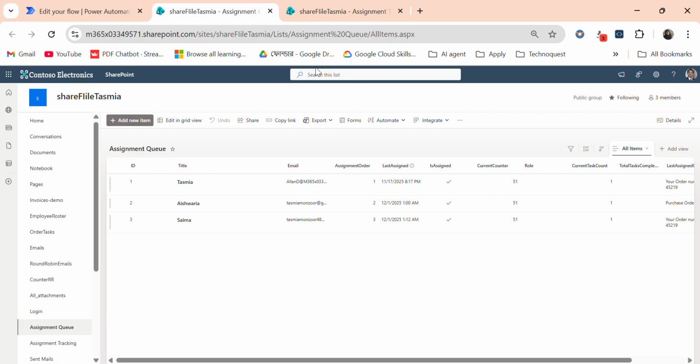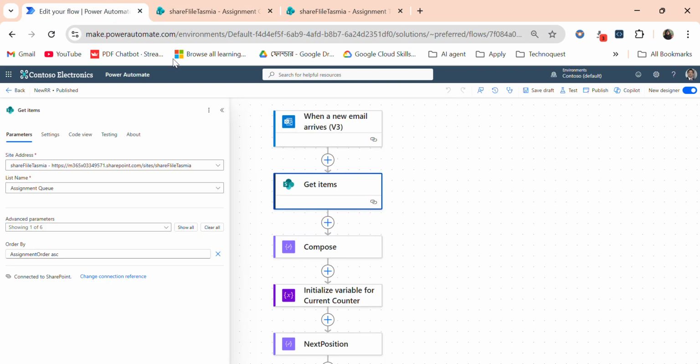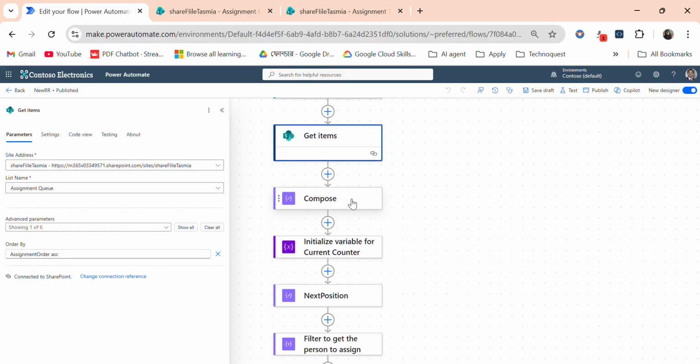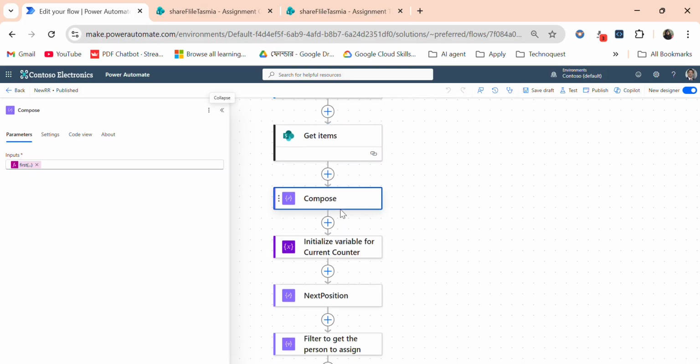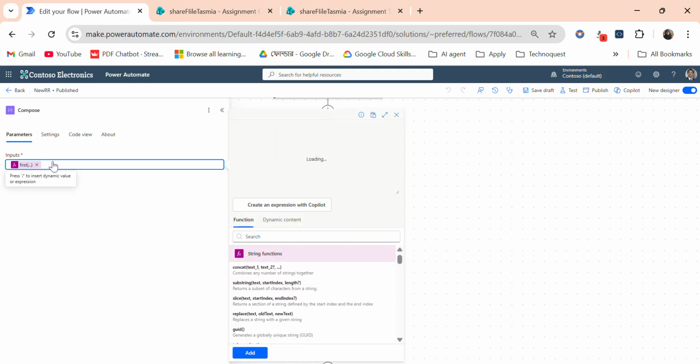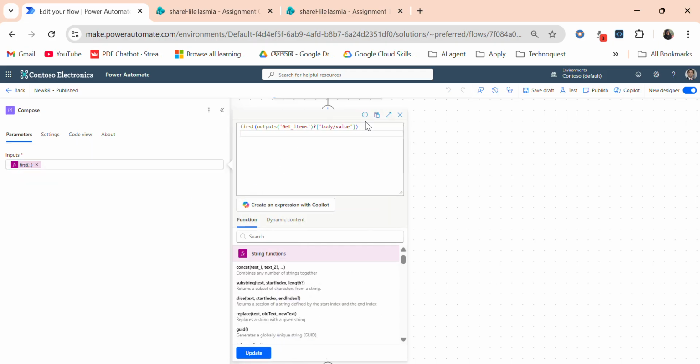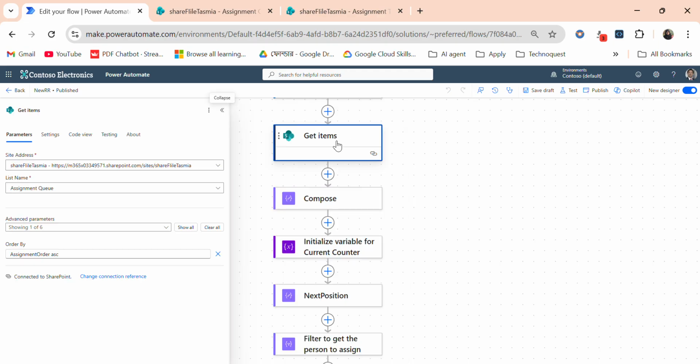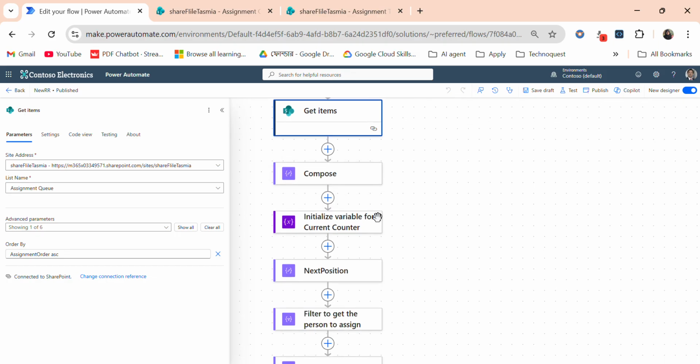Like here we can see the persons and their corresponding orders are 1, 2, 3. Then we are composing and getting the first element from what we are trying to fetch from our site,